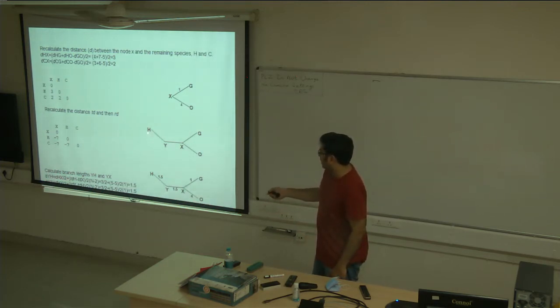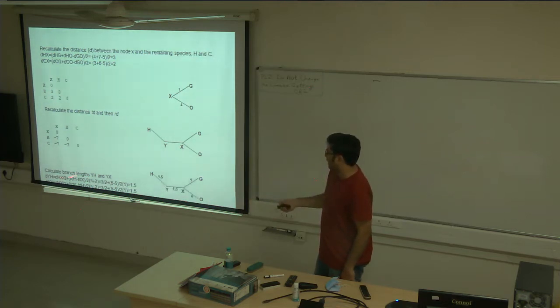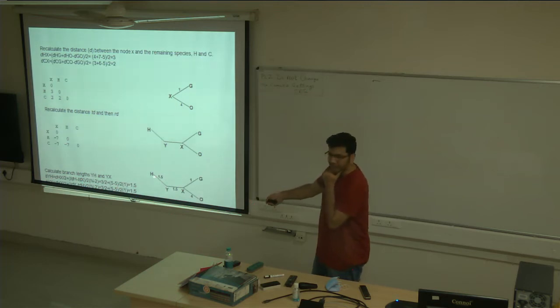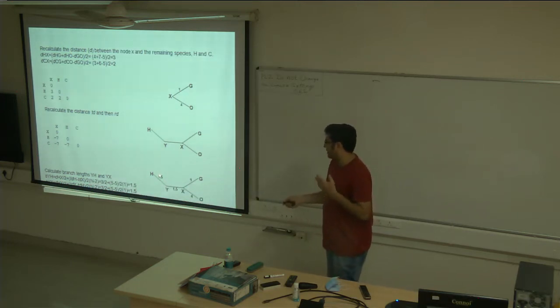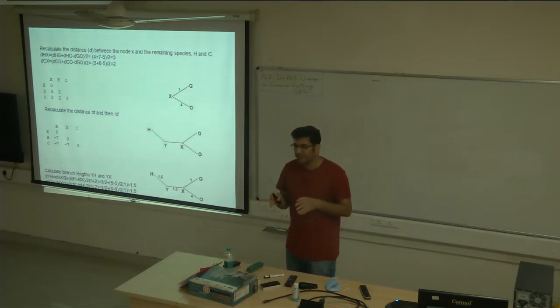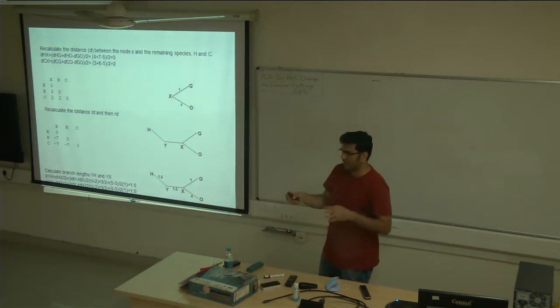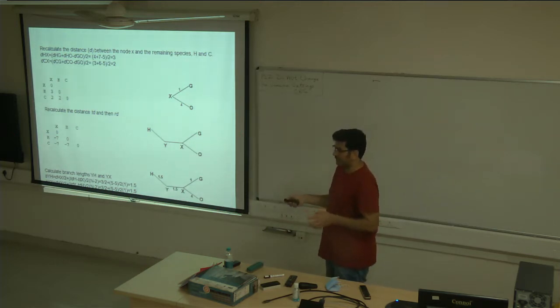That is the observed distance from H to X, and you're going to use this matrix for this, divided by 2, plus the total distance of H and minus the total distance of X. You will get a branch length of 1.5. And from Y to X, again you plug in these distances and you will get a branch length of again 1.5. Although the distance is 1.5, it's not assuming a molecular clock. We have actually calculated the branch length using the rate corrected distance.